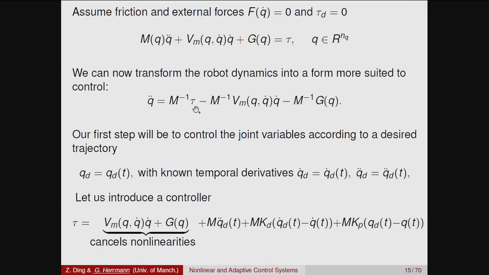So what we want to do, in this case, is introduce a demand qd, where we want to see that our q follows our demand qd. What we want to achieve as well is essentially that qd dot is known and qd double dot. So we can plan for our demand qd, we can plan for our demand in terms of derivatives, first derivatives and second derivatives.